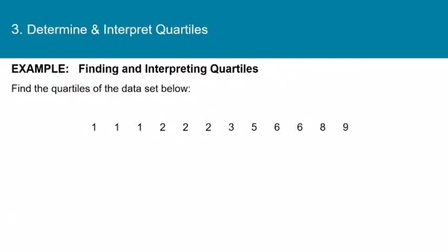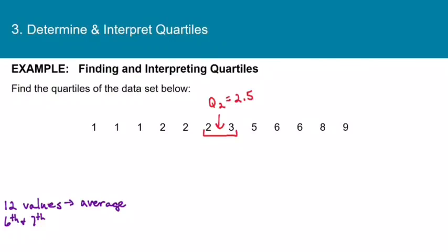Now let's do the same thing for this data set. There are 12 values here. So to find the median of this data set, we will average the two middle values. And the average of 2 and 3 is 2.5. Now, since the median is 2.5, neither the 2 nor the 3 has been used up, so to speak. So we will include the 2 in the lower half of the data, and we will include the 3 in